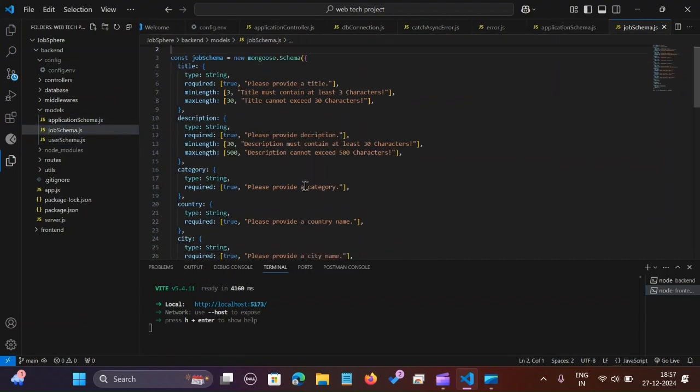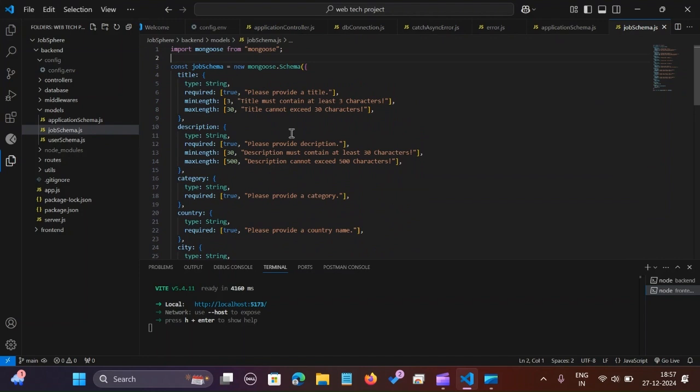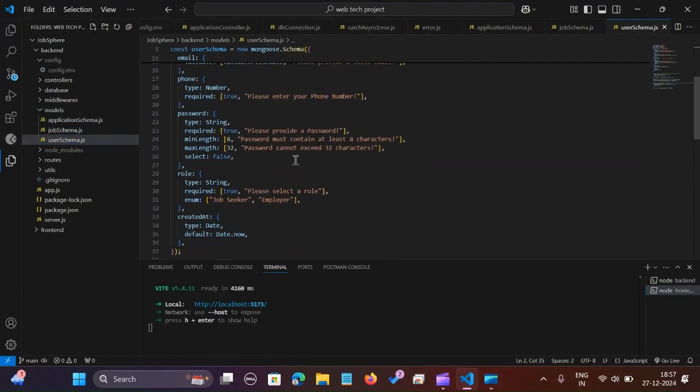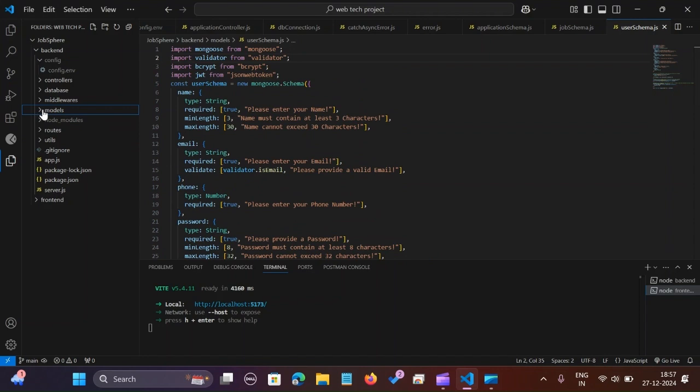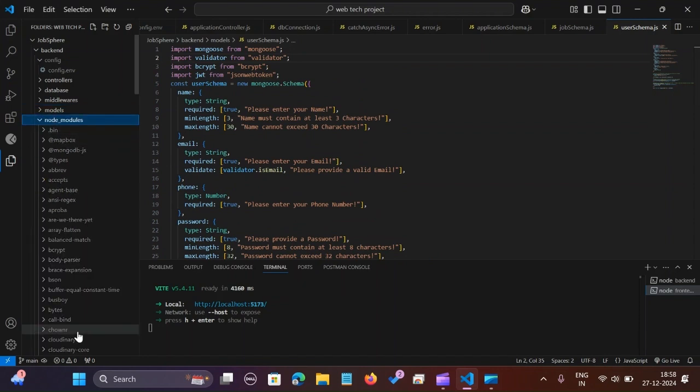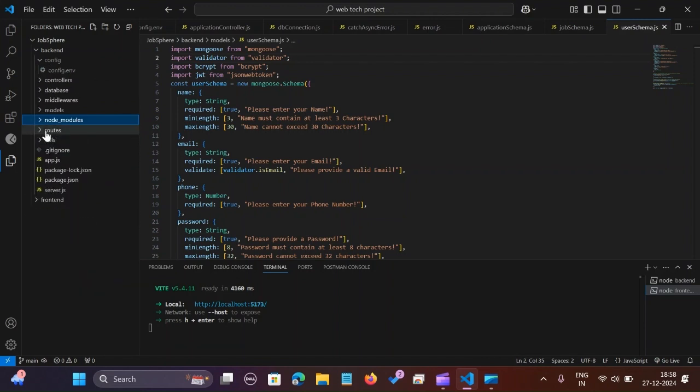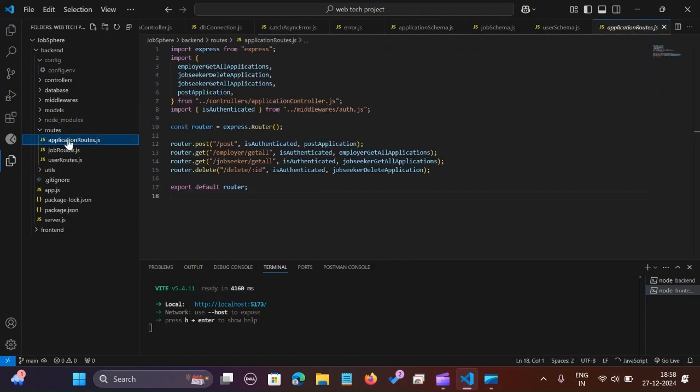This is the job schema, used for a similar purpose. Because each one has a different schema, that is application, job, and user, we have to create three files. Then node modules, as we know, contains all the libraries that have been used. Then there is the routes folder, again application, job, and user routes.